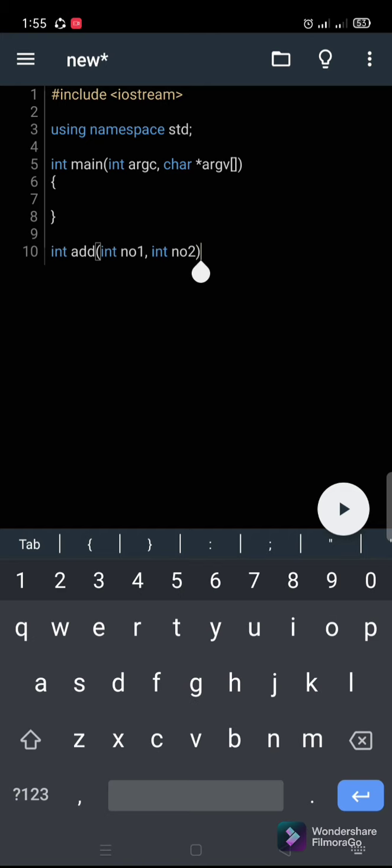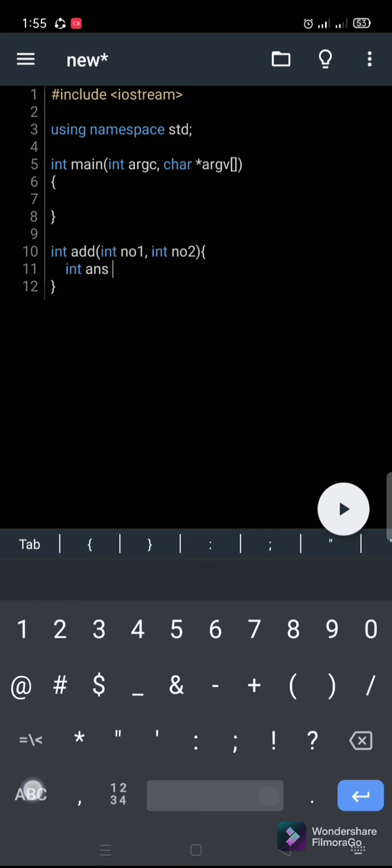Okay, then we have to put curly braces. We can just type the curly braces, left side and then right. Then we will create a variable, integer answer, is equal to,